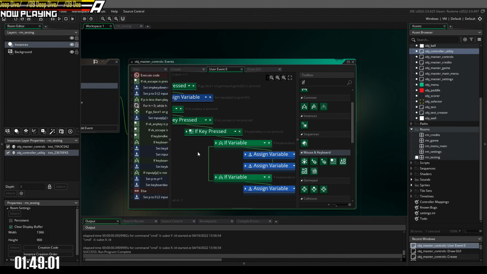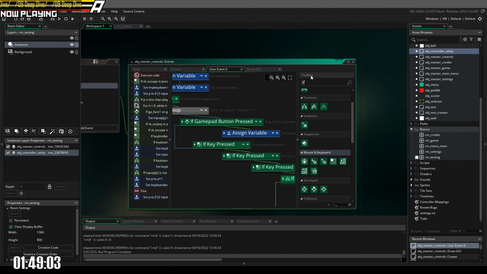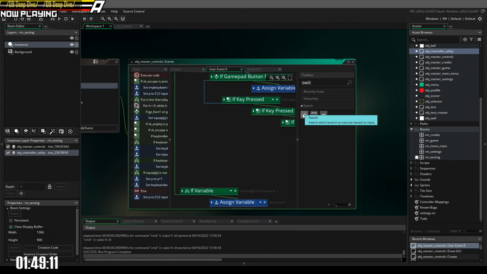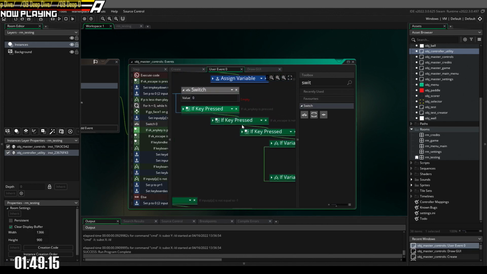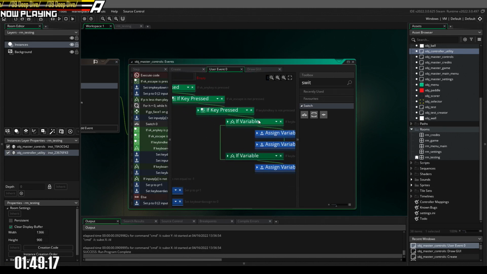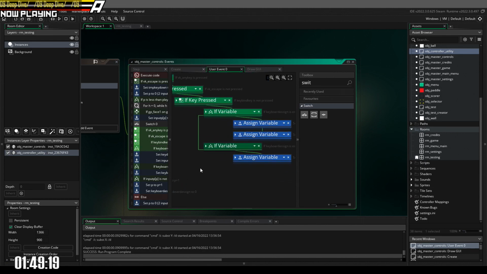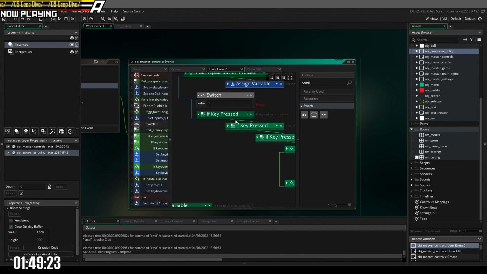This might actually be the best place for a switch. So, let me go do this. Because here's why. If I do switch... Let's just see if this works. I'm just gonna... instead of doing all this,